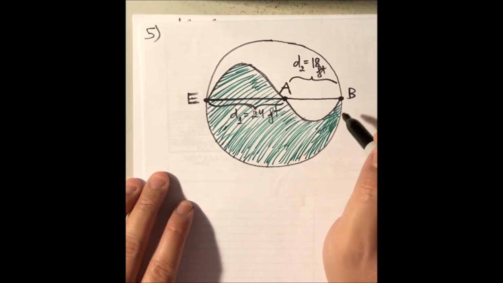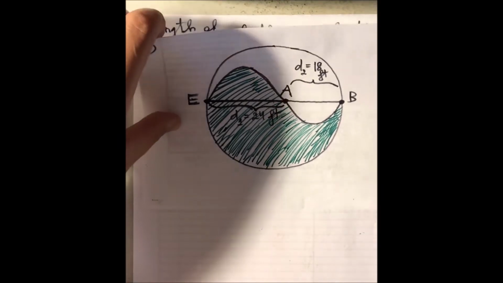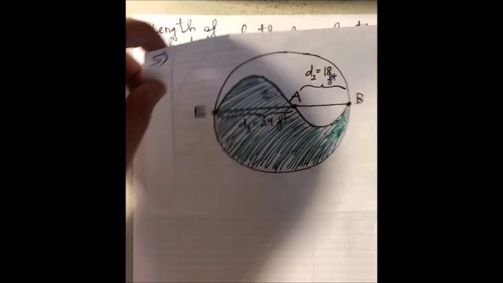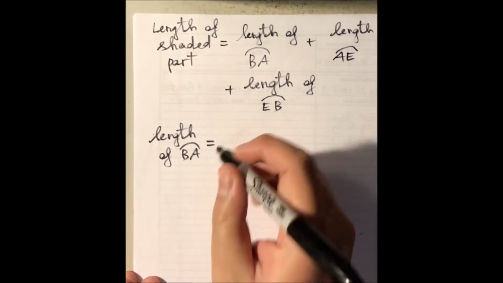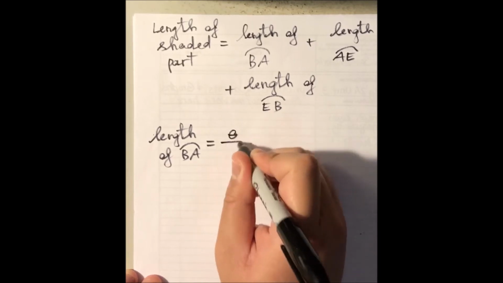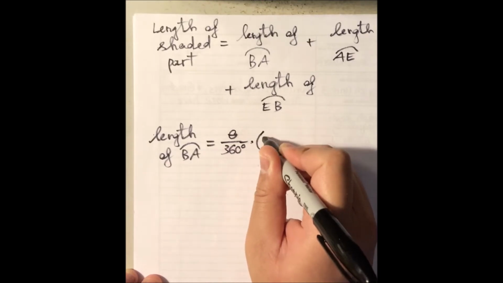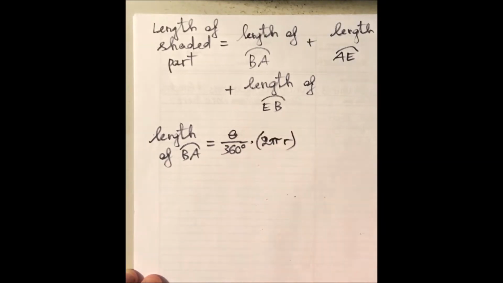Because a semicircle is only half of the circle. So using 180 degrees, we are going to use the degree version of the formula of arc length, which is going to be the central angle theta over 360